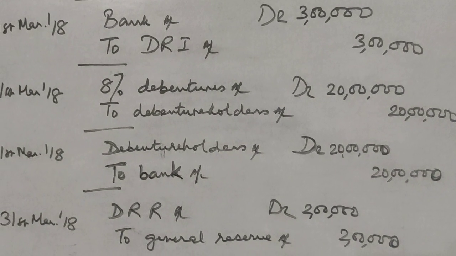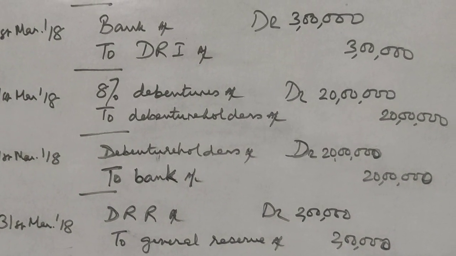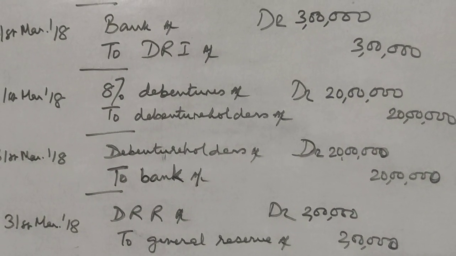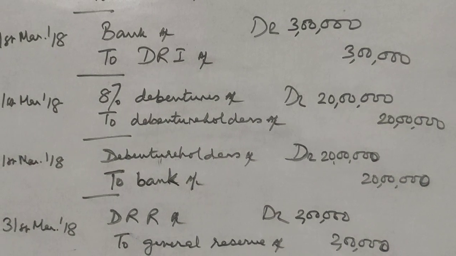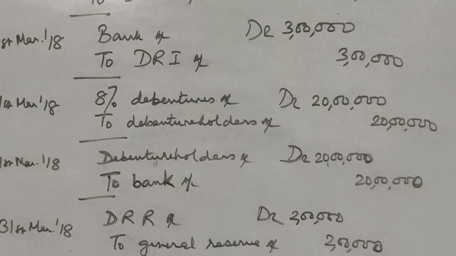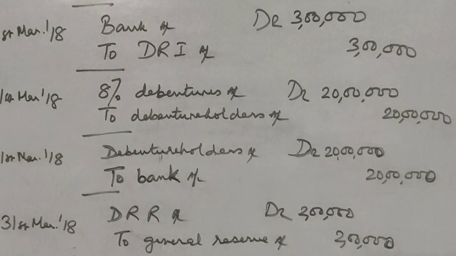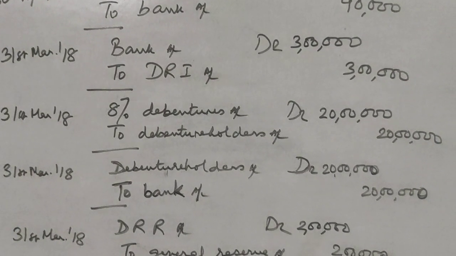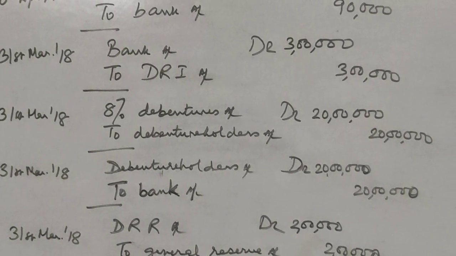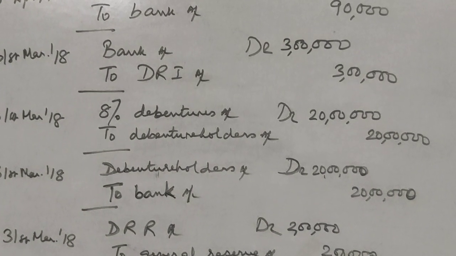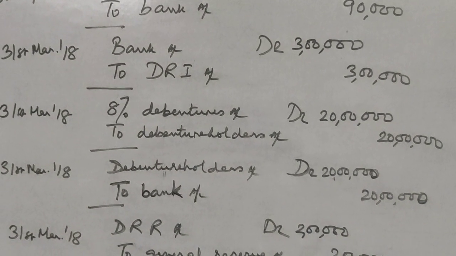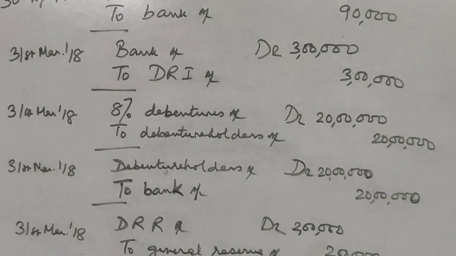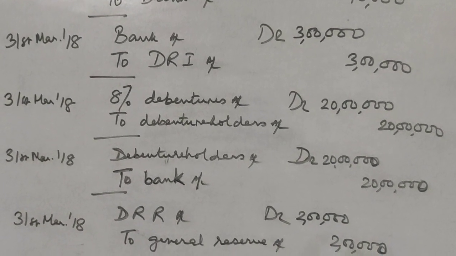Here again we are assuming that no TDS is deducted. We are ignoring TDS, and we are also ignoring the interest that is paid on the debentures, which was already mentioned in the question. And another thing, no rate of interest was given on investment. So we are assuming that we are not getting any interest on the investment that we have made. So whatever amount of investment we have made, we have got that amount only.